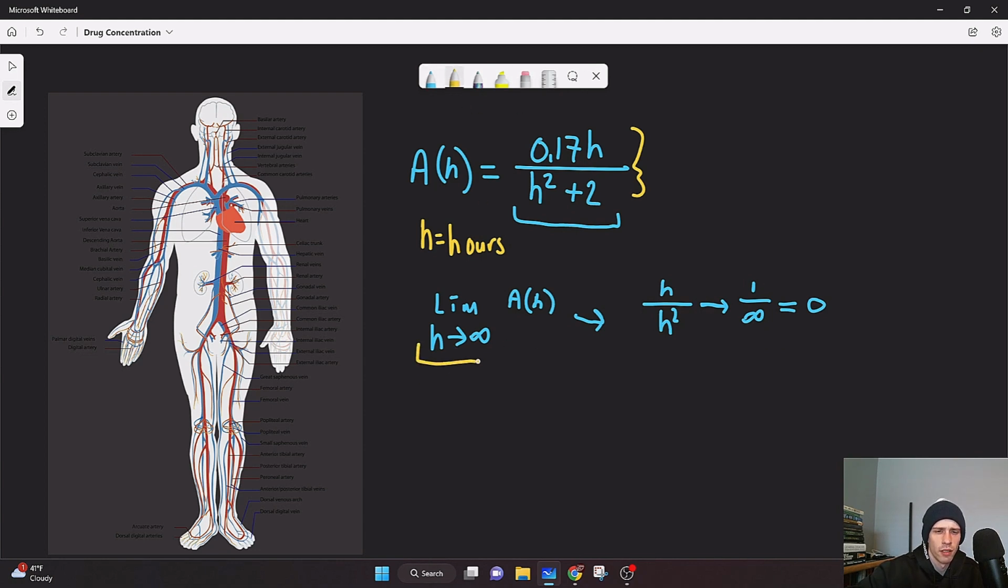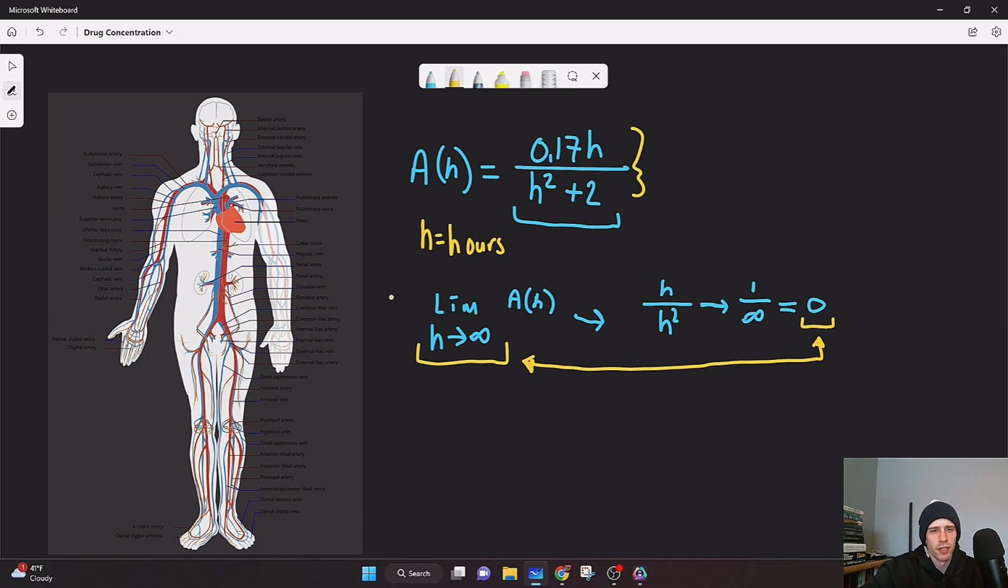And so as time goes on, that's what h to infinity means. As time chugs along, our patient and the concentration of drug in their bloodstream is also going to 0 as time moves on. And so that is a quick application of limits. And so I think that's pretty cool. It was pretty easy. There are more complicated things,